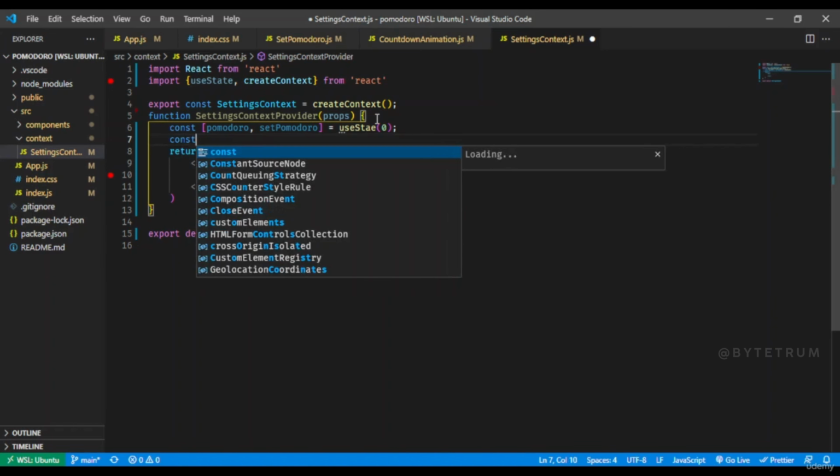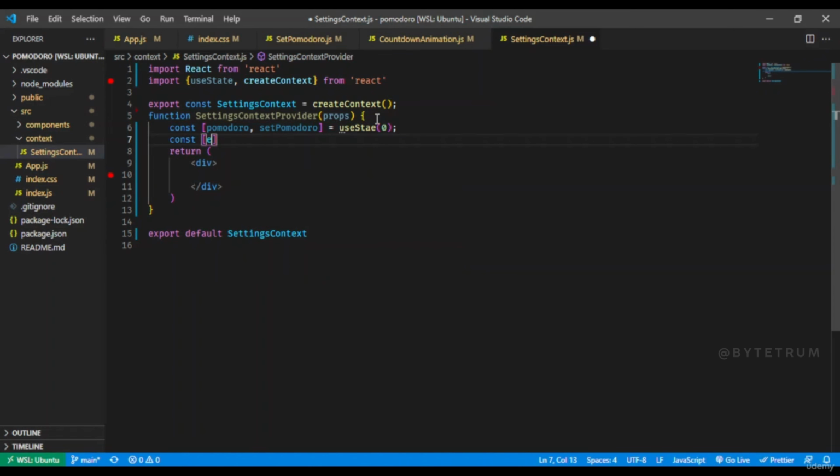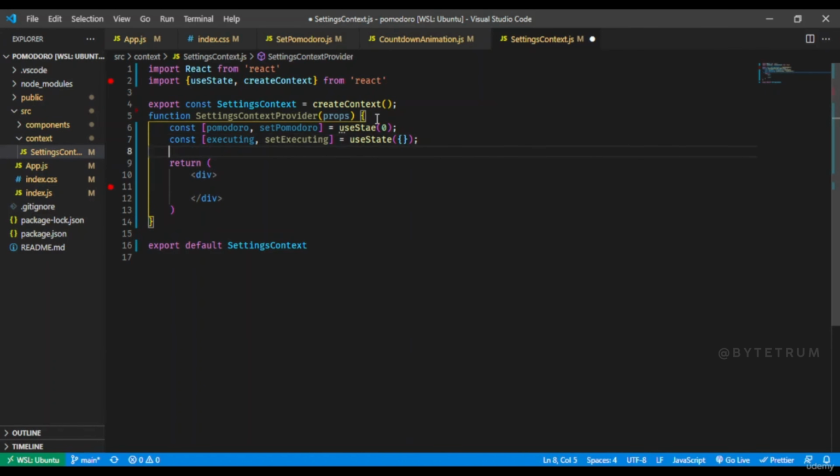Next, const, we will be giving the executing and set executing. This is the function responsible for altering that particular variable. And now we'll be giving the use state, and now I will give the data type or the initial value. Now here I have given curly braces, that simply means that this variable is an object. Simple. Okay, next we'll be giving another thing, so that will be const start